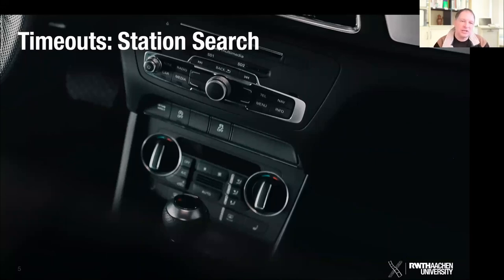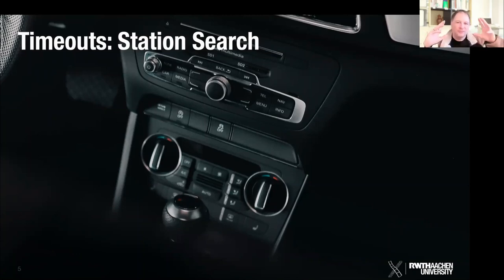Now, the people who designed this thought, oh, this is really smart of us, because that means the user doesn't need to take their hands off the wheel and keep pressing that next station button. They can just keep going, and when the station comes up, they only need to reach over once and press it. But now imagine yourself in your fancy sports car, driving down towards Kaiserplatz, coming out from like Europaplatz or something,